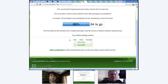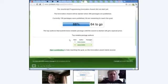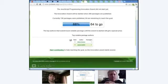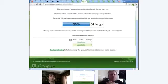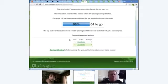Anyway, the idea here is to distinguish authors that submit more notable packages. And notable packages are not necessarily innovative. They are just packages that do something that is not too trivial, not too simple. And even though for purposes of reaching the goal any new package will count, for getting the additional recognition and prize